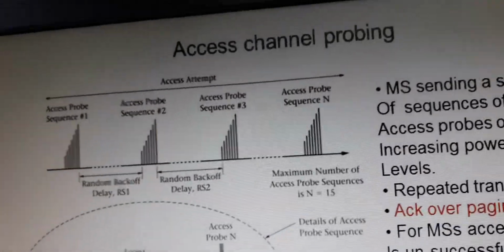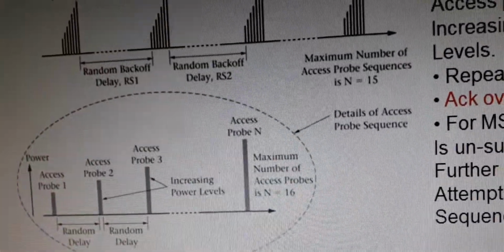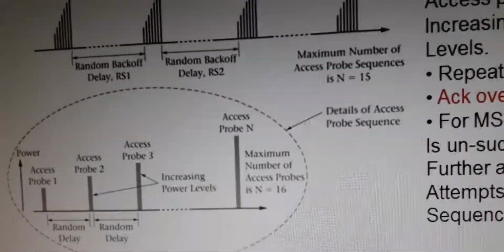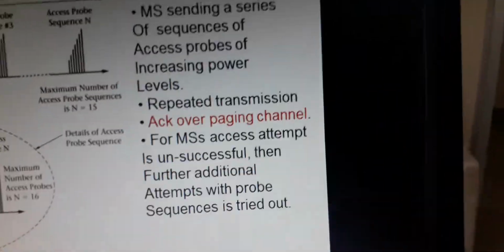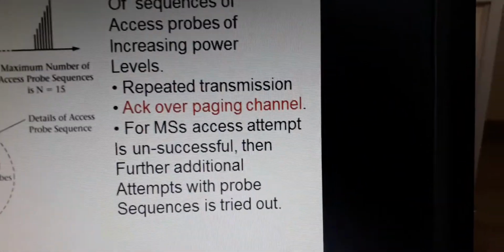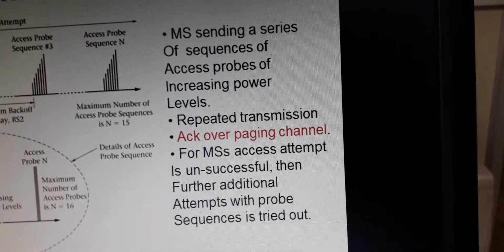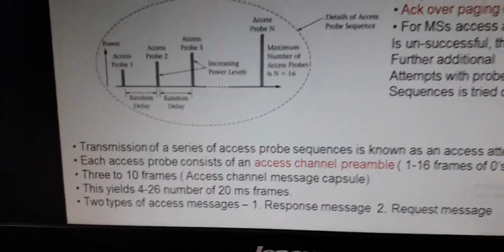If the access burst is successful, then the call setup operations will start with the increasing power levels. Then after the 15th burst, if there is no channel access and the attempt is not successful, then additional attempts will be used. Another 15 levels of access probes come repeatedly. Okay, so please refer to the slides.